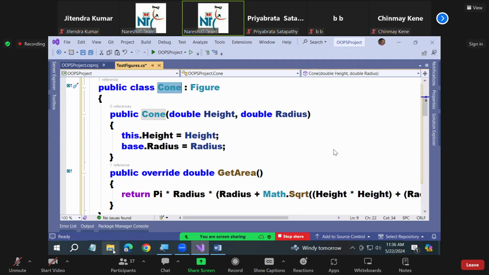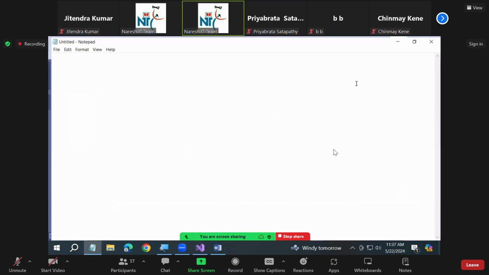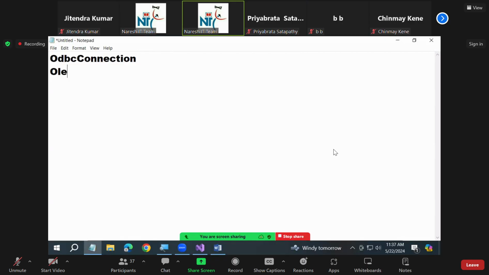Okay, listen. When we are working with databases, we will be coming across a different set of classes. There are some classes called connection classes for establishing connection to the database. There are 4 classes: ODBC connection, OLEDB connection,